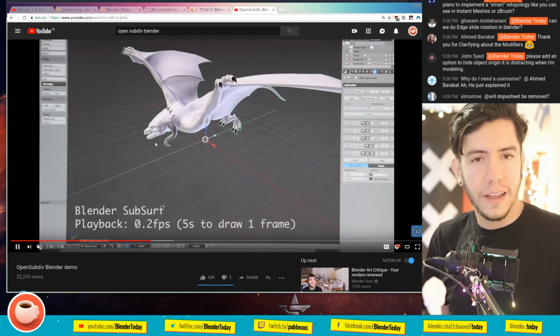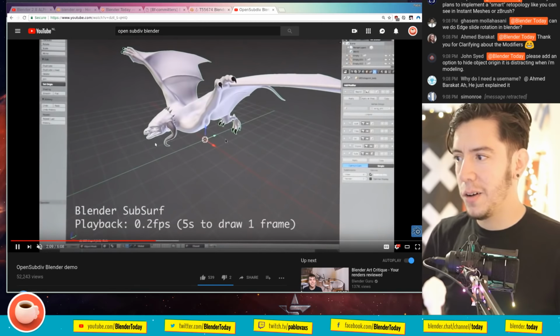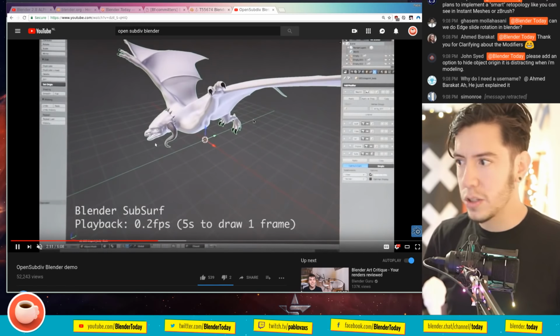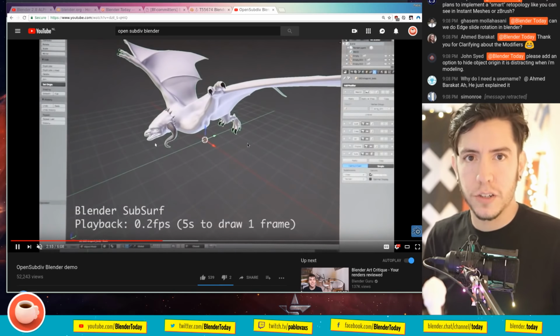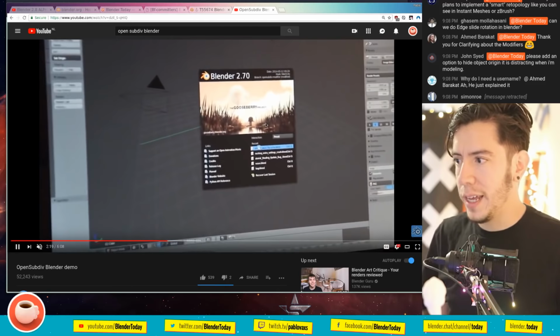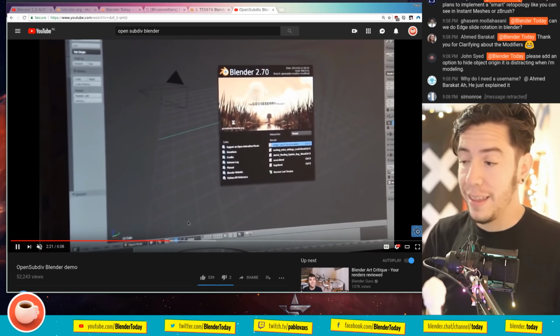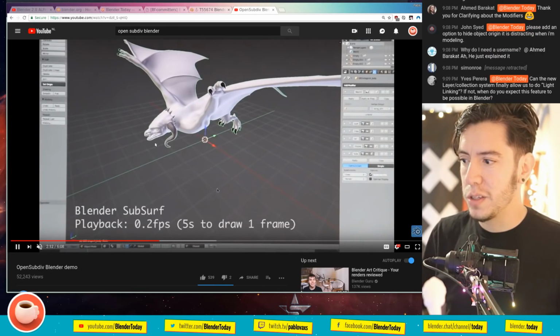It's basically like a very nice soft surf, a very fast one. So this is how soft surf looks. This is a demo from 4 years ago. Now there is a newer version on OpenSubdiv that is also more compatible with the new Blender 2.8. So that will make things a bit easier. So yeah, basically this is how an animation will look with soft surf.